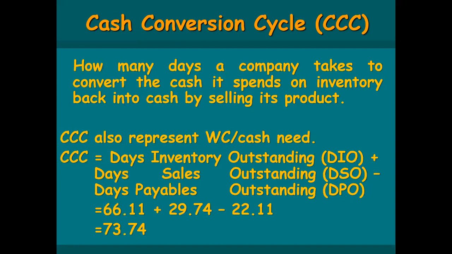Cash conversion cycle is equal to days inventory outstanding plus days sales outstanding minus days payables outstanding. So we have inventory outstanding period is 66 days, sales outstanding period is 30 days, and days payable outstanding is 22 days. It means company takes 74 days